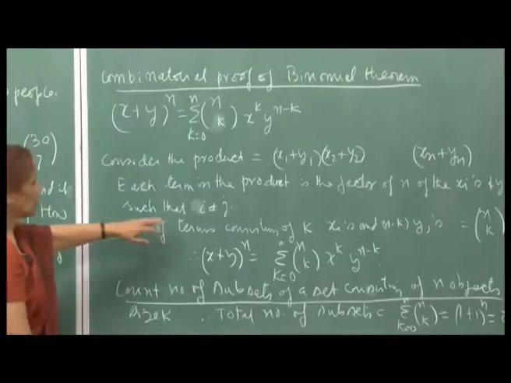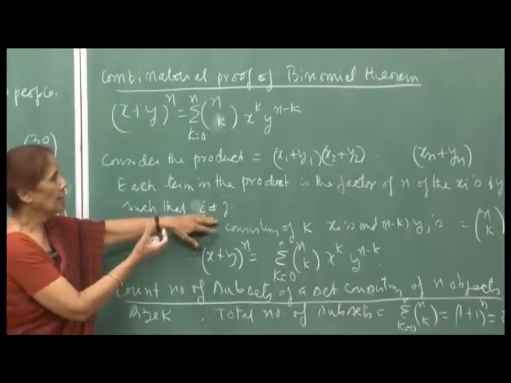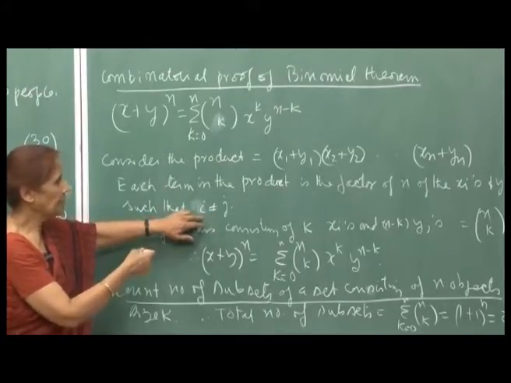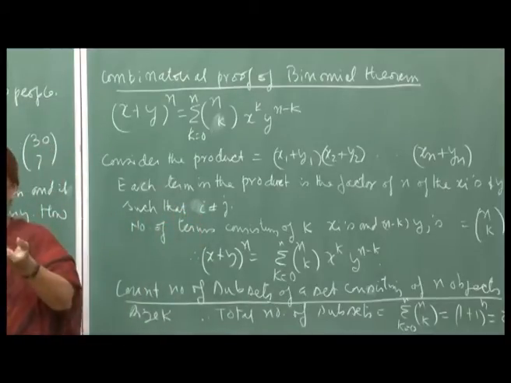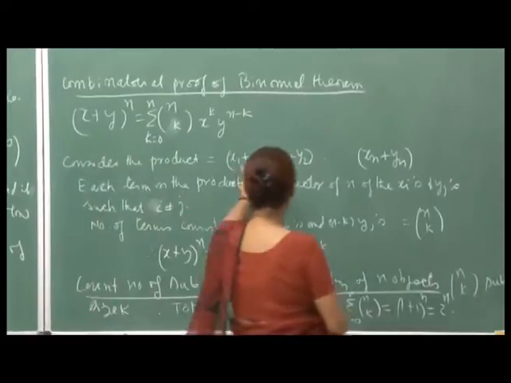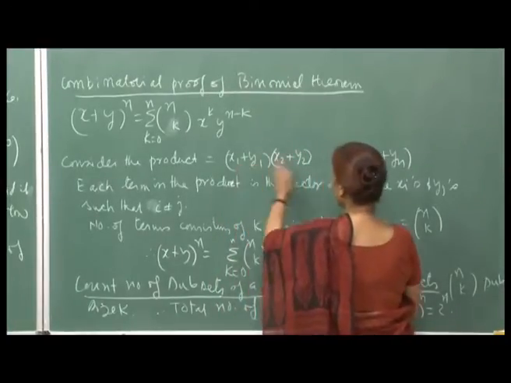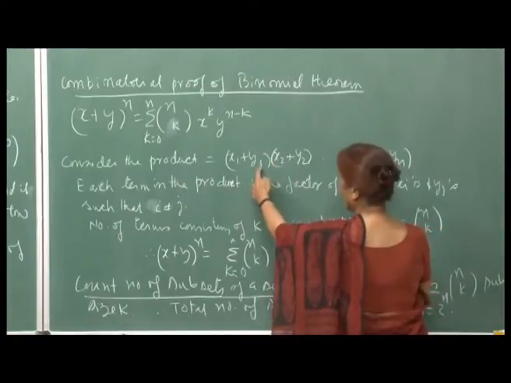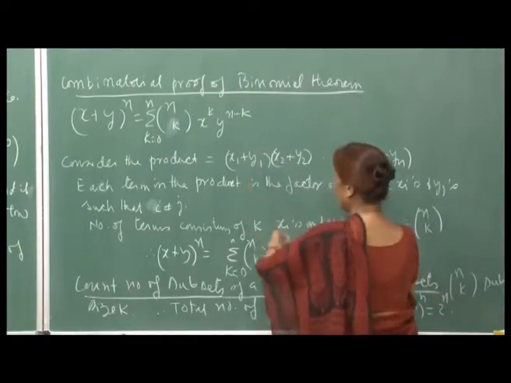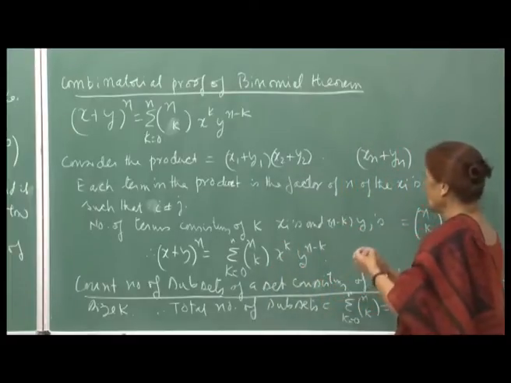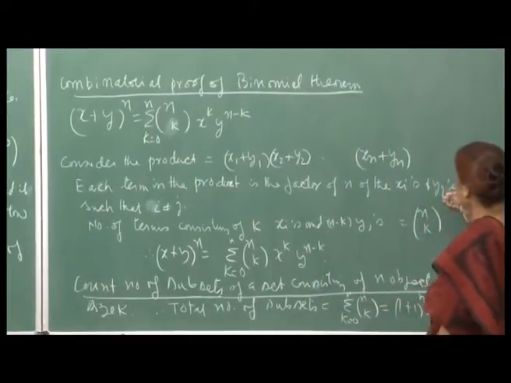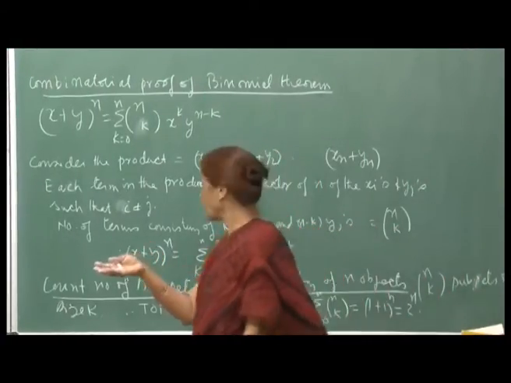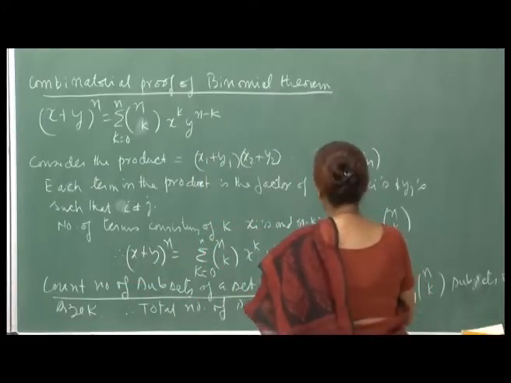But certainly, in any term, when you look at the xi's and yj's, if an xi appears, then the same index will not appear for y, because you see x1 and y1 are in the same factor here. So, therefore, when I multiply, either I will be multiplying x1 by the other terms, and so then y1 will not appear in that, right. So, therefore, in any product, if an xi appears, the corresponding yi will not appear in that product, right. So, in other words, what am I saying? That